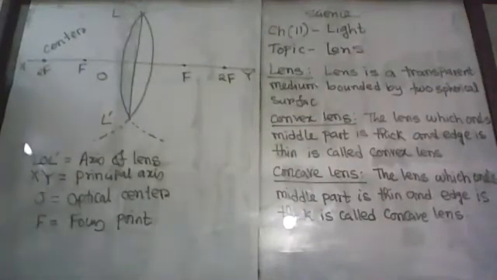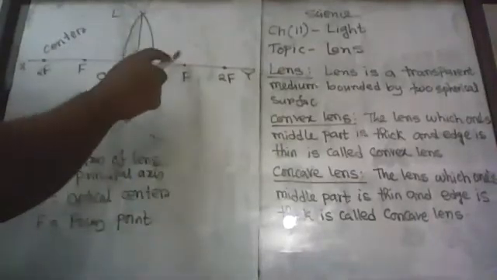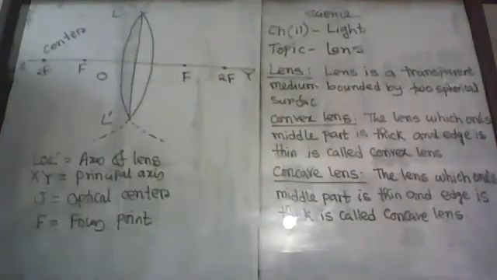Before discussing this further, I want to say something about the focus point. You see that when some light is incident on this lens, if those light rays are parallel to each other, then those light rays can coincide, meet at the focus point. Since those light rays meet at the focus point, at the focus point you can get a bright image.